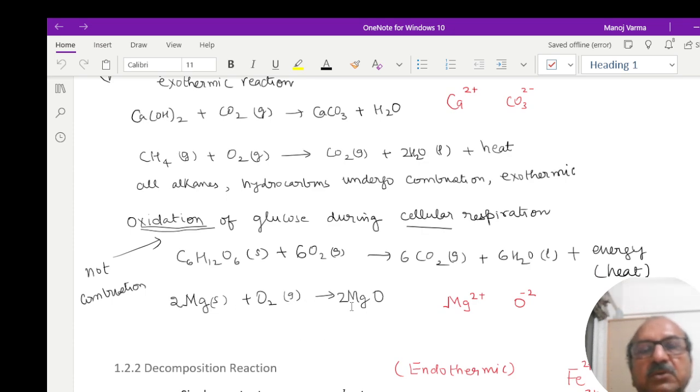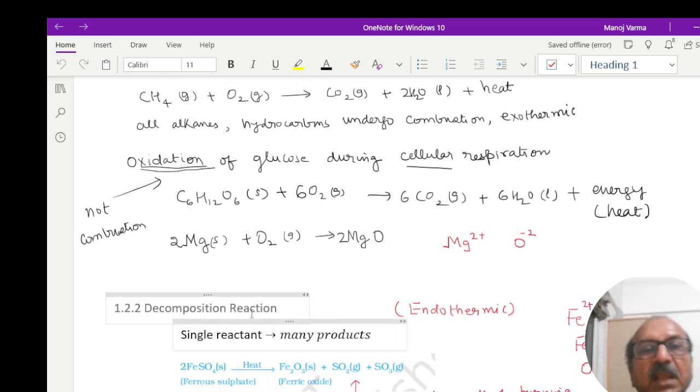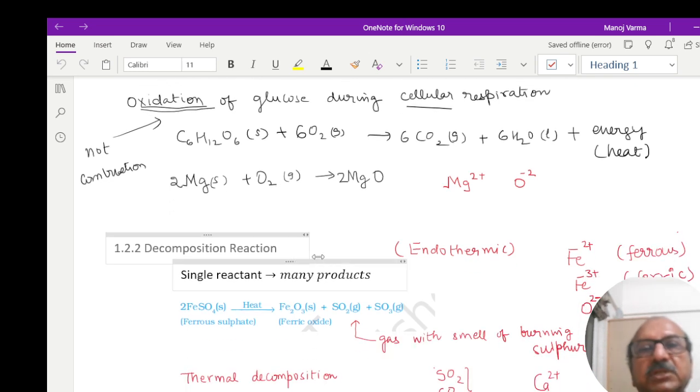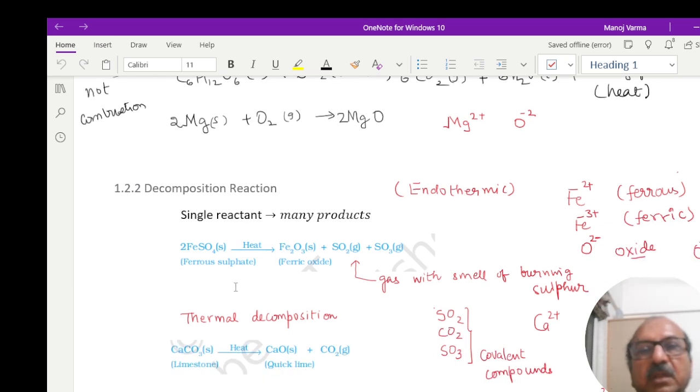Similarly, this also is an example of oxidation reaction. Then oxidation as well as combination, because here two elements combine to form one larger compound. Decomposition reactions are those in which it is just the reverse. One reactant gives many products, and they are generally endothermic because heat is absorbed in these reactions, like ferrous sulfate